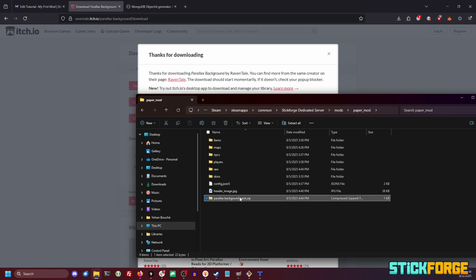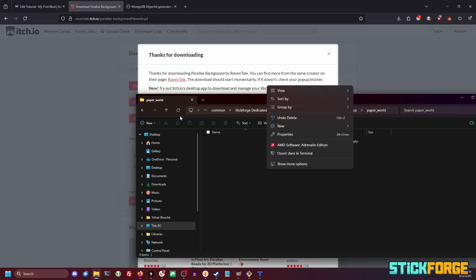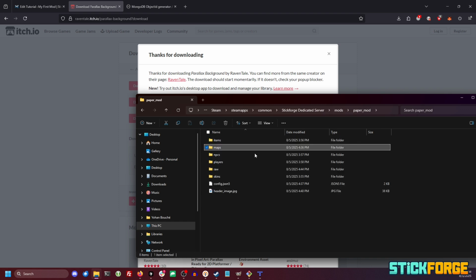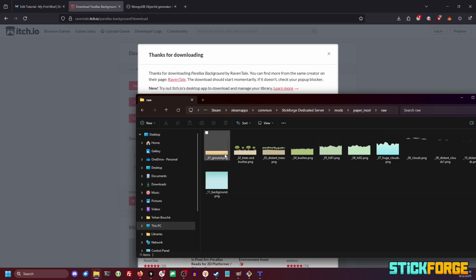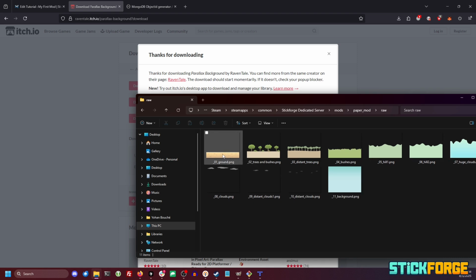So I'm going to delete that. Okay, I have my map folder here. Paper mode, maps, CP, paper world. Okay. Now I'm going to create a new folder called props, which is the assets of the map. So we are just going to take the raw files. So we will take the ground